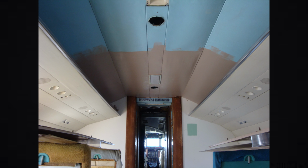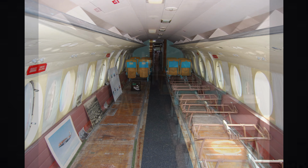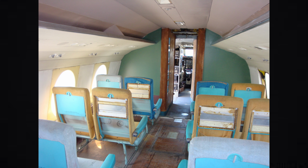The passenger cabin was completely redone. Windows were recut. New flooring of plywood and carpeting was installed. The seats were reupholstered, funded by a special seat sale,